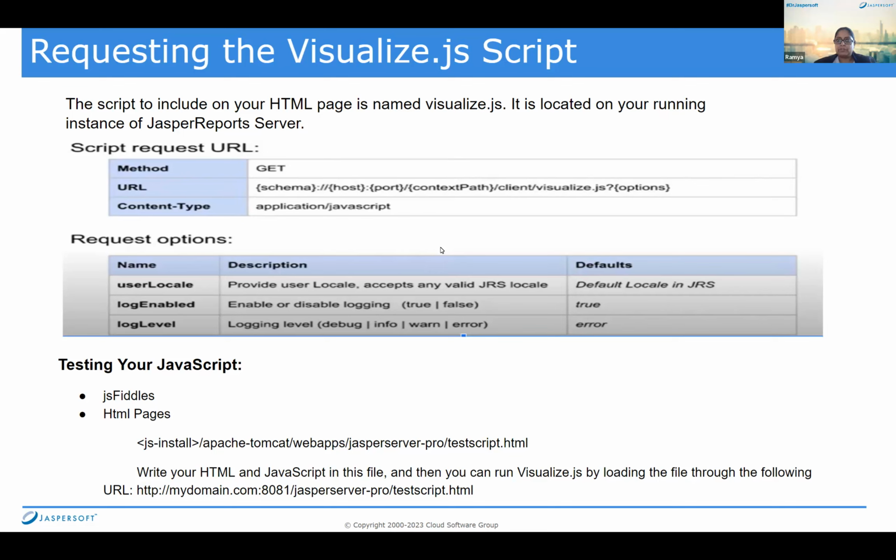The script is hosted on the Jasper server, and the script request URL starts with the Jasper server landing page followed by /client/visualize.js, which takes some request parameters as inputs, like locale and logins enabled. We will know more about this